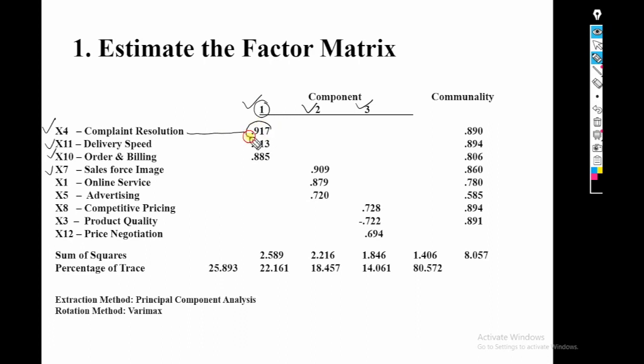The factor loading is the technical term in factor analysis, but it is nothing but the correlation between this variable and factor 1. The third variable is highly related to factor 1 and less related to factors 2 and 3. Similarly, three variables or questions are highly related to factor 2, and another three variables are highly related to factor 3.